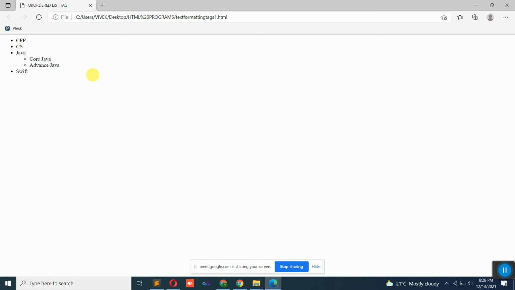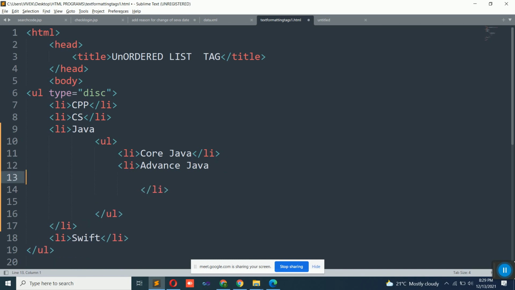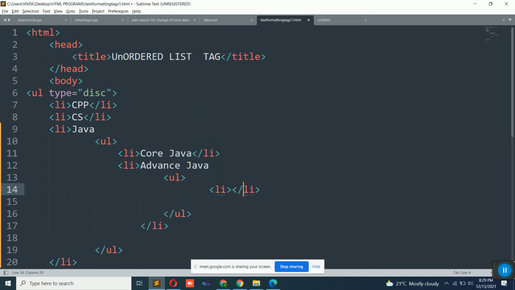Now sir, under advanced Java there are again different frameworks. I want to know which are those frameworks that have to be highlighted in this case. In that case, in the advanced Java, before closing the li tag, we make use of one more UL tag. Inside the UL tag, we create the li tag, and inside this li tag, we start creating the different sections in this case. Like under advanced Java, I have something called JSP,